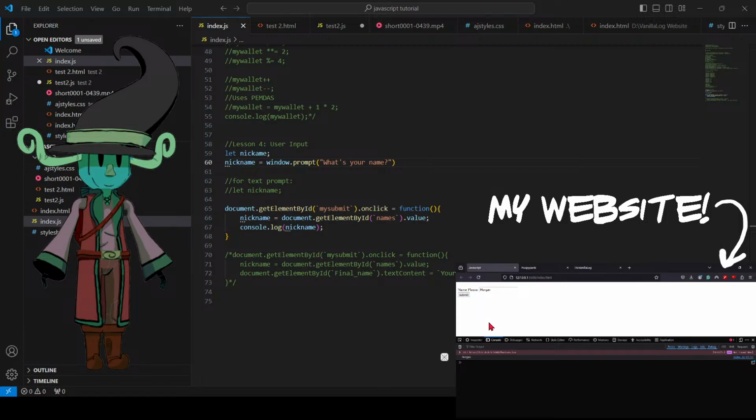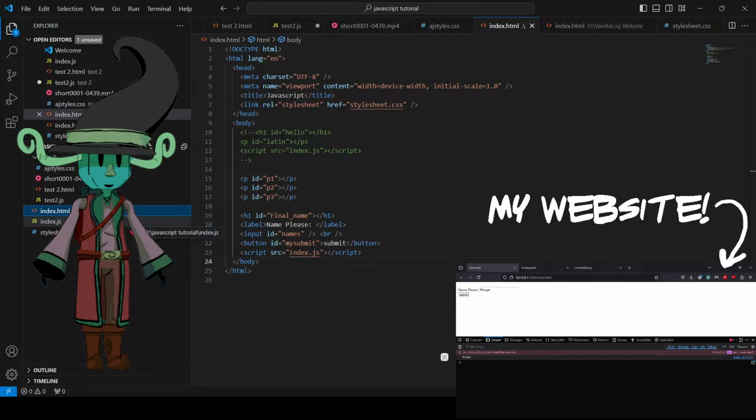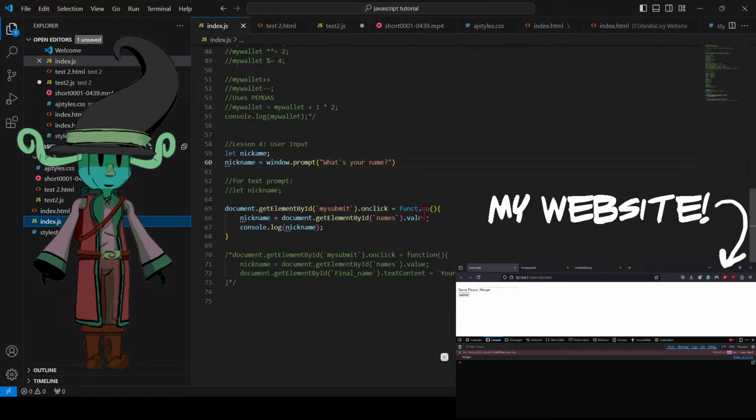Function, nickname, huh? I don't get this. Wait. Alright, so my submit is what's causing this function to occur, I guess, since it's a button. Okay. And once it runs this function here, wherein it turns my nickname